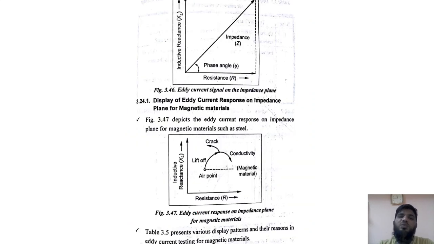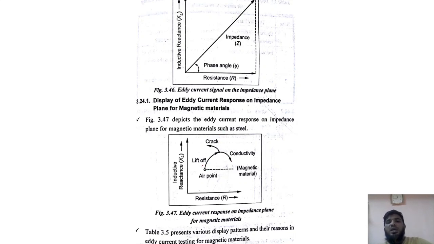When you see the phase diagram, we might have studied all these things in our basic electronics. There will be a phase of 90 degrees between them, and impedance is at an angle to them, most probably at 45 degrees. That is nothing but the phase angle. If you use a display unit for different kinds of materials, for example a display of eddy current responses on impedance for a magnetic material, then instead of being this graph, the graph is going to change like this.